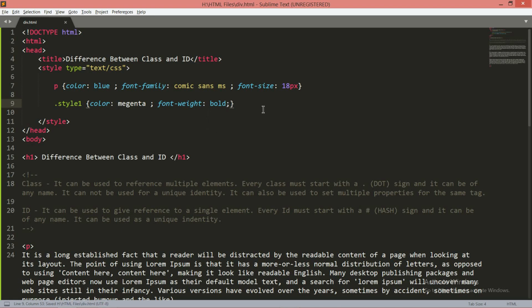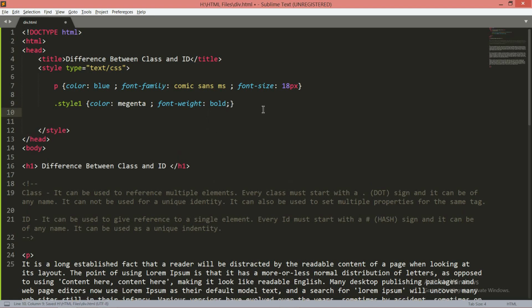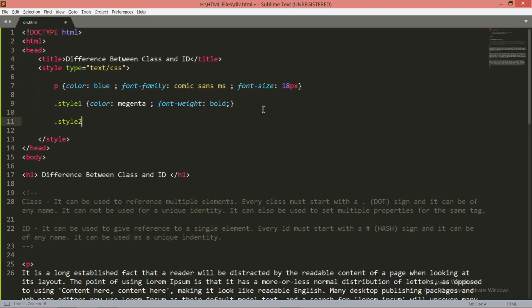You can make as many classes as per your own requirement. I say dot style2, I say let it be color, I say red, I say let it be text decoration, I say underline.